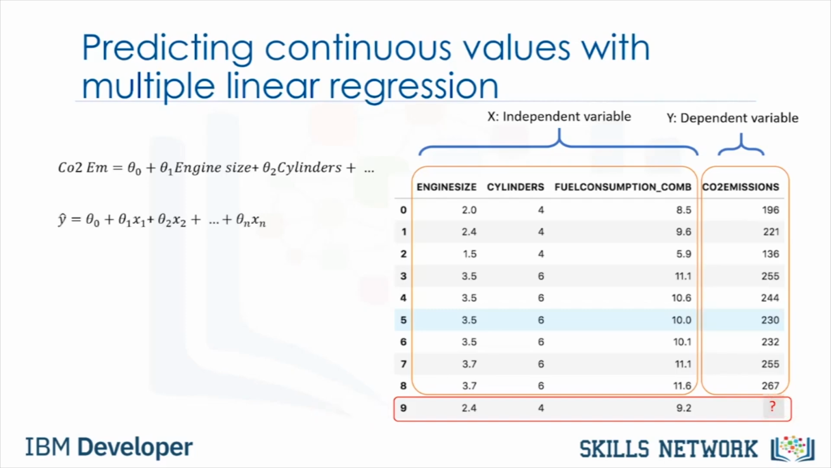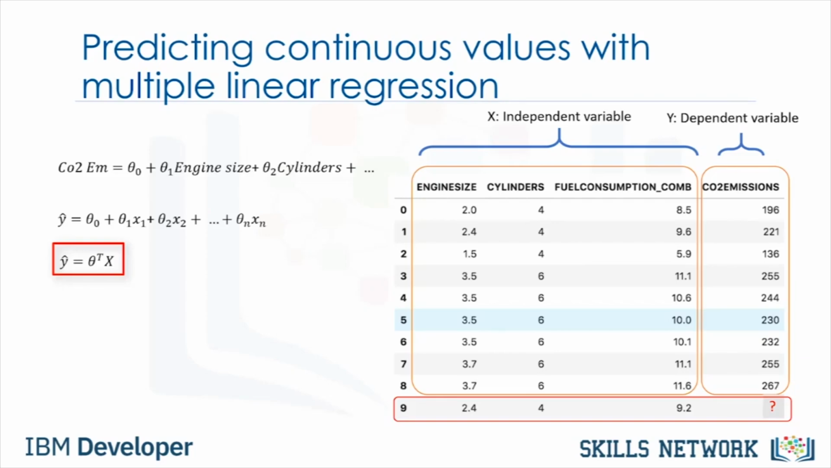Generally, the model is of the form y hat equals theta 0 plus theta 1 x1 plus theta 2 x2, and so on, up to theta n xn. Mathematically, we can show it as a vector form as well. This means it can be shown as a dot product of two vectors, the parameters vector and the feature set vector. Generally, we can show the equation for a multidimensional space as theta transposed x,